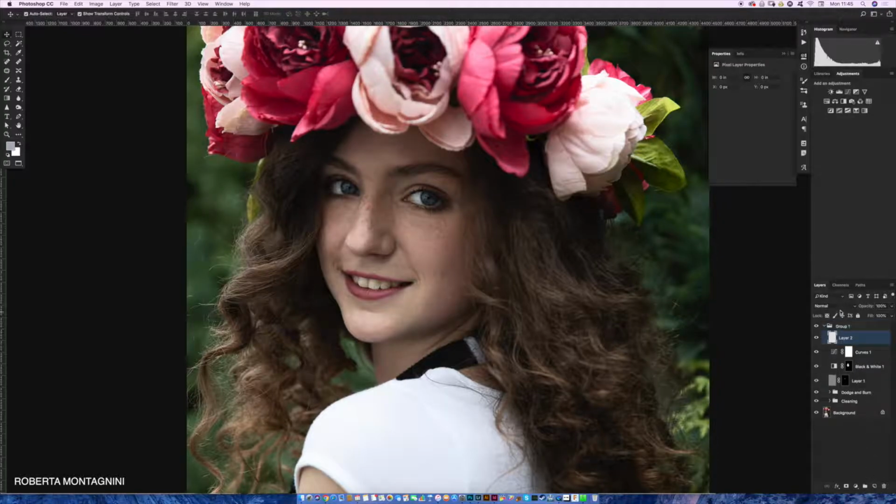Now I'm going to create a layer, and I'm going to name this layer color, and I'm going to get a brush, making sure this brush is set maybe to 20 flow and 20 opacity. I'm going to fix the color, so I don't want the image to have a lot of red, so I'm just erasing some of the reds